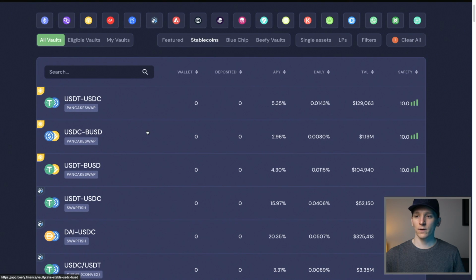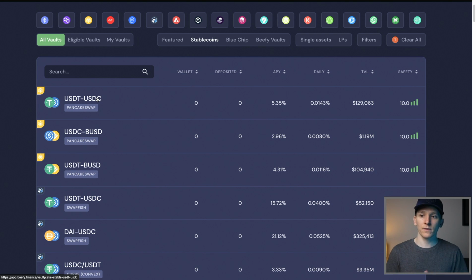So as an example here, what we can see is PancakeSwap. This is a decentralized exchange on the Binance Smart Chain. It's one of the most used decentralized exchanges out there in terms of the amount of users. I think it is actually number one, but Uniswap does more volume per transaction, and so it's worth more in the market.